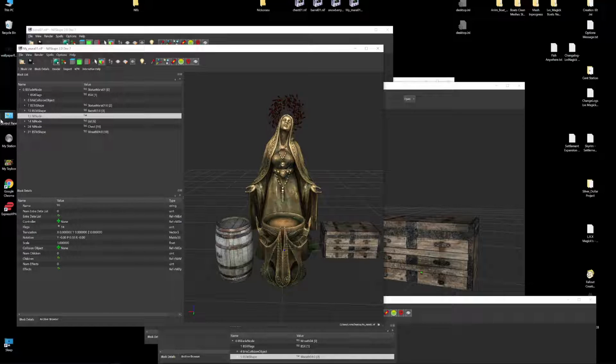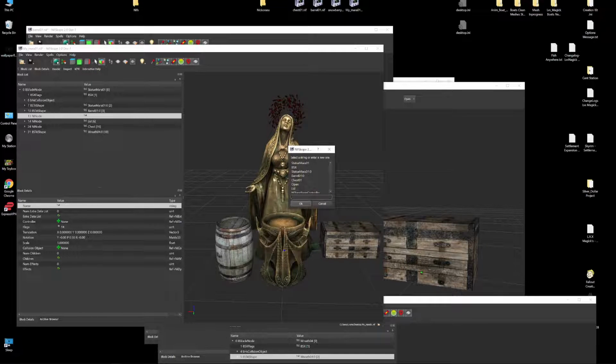Now, the reason earlier I had put this 9 node, let me see what time we're at. We're at 21 minutes. Okay, so I can come down. You want to click the text down here for the name.